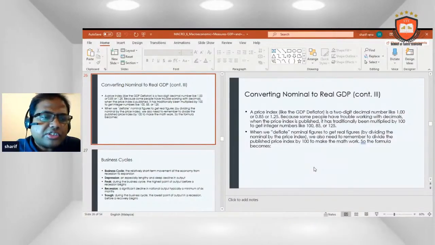In the last part of today's discussion, I will discuss converting nominal to real GDP as well as the business cycle. So what is a price index? A price index is a decimal number like 1.0 or 0.85 or 1.25. Because some people have trouble working with decimals, when the price index is published, it has traditionally been multiplied by 100 to get an integer number like 185 or 125. When we deflate a nominal figure to get a real figure, we also need to remember to divide the published price index by 100 to make the math work. So the formula becomes